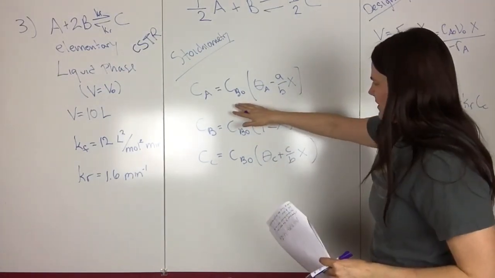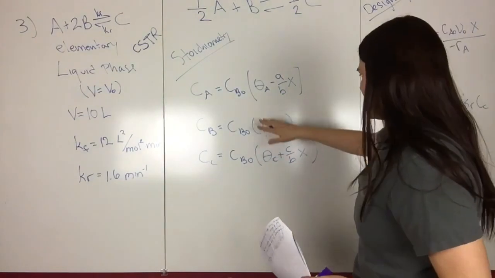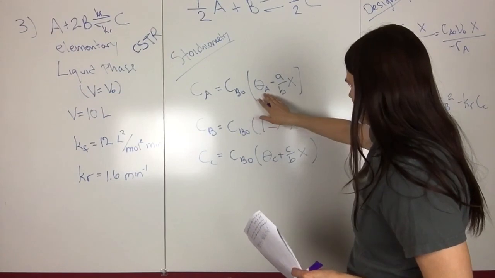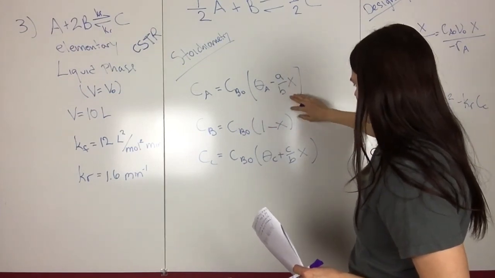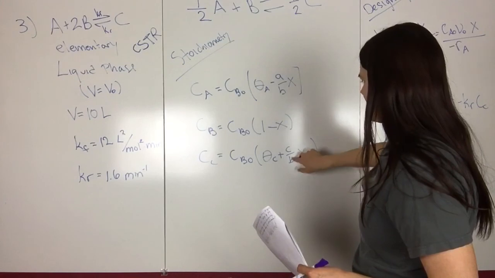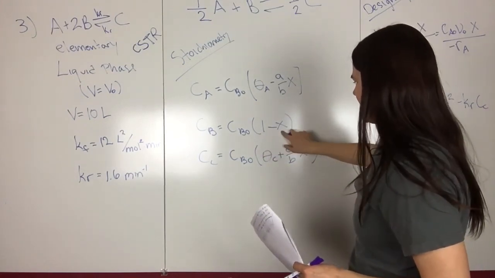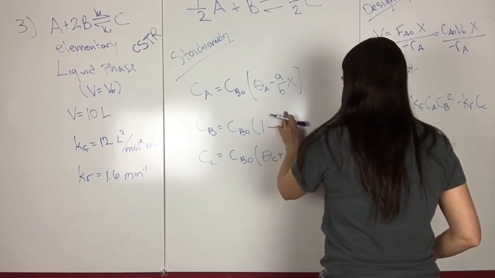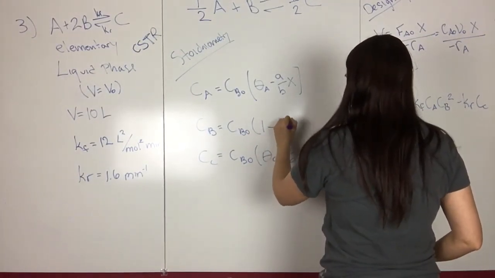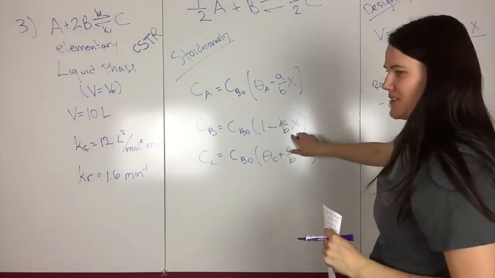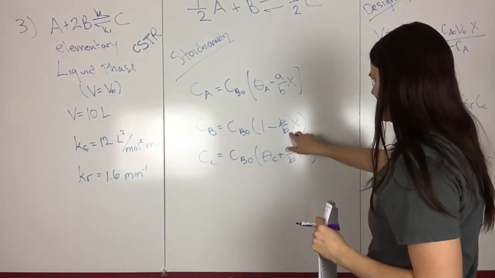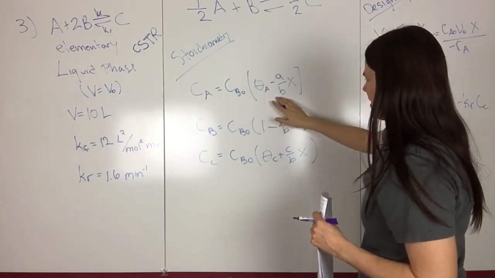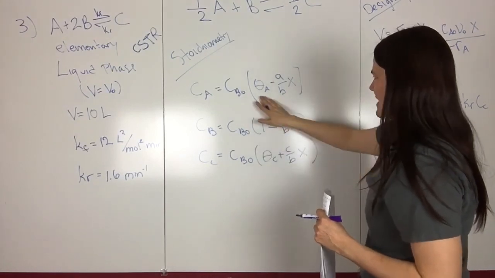So if we were using A as our basis, which is how the tables are, these would all be multiplied by CA naught, and all of these would be divided by A instead of by B. And then this one, technically this is the same too. You would have B over B X, but B over B is 1, so that's why that's like that. And then why on the table CA is always CA naught theta A, or just 1 minus X, is because